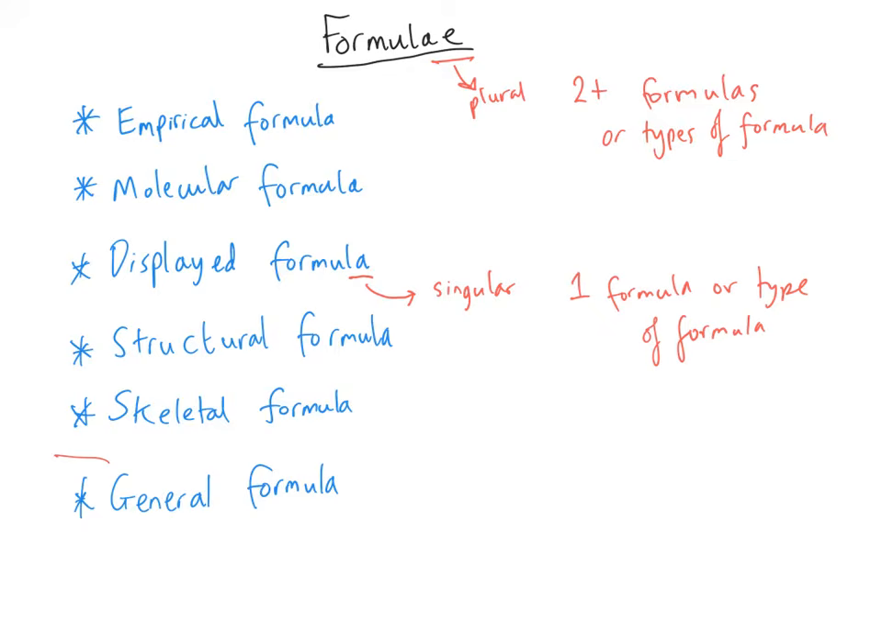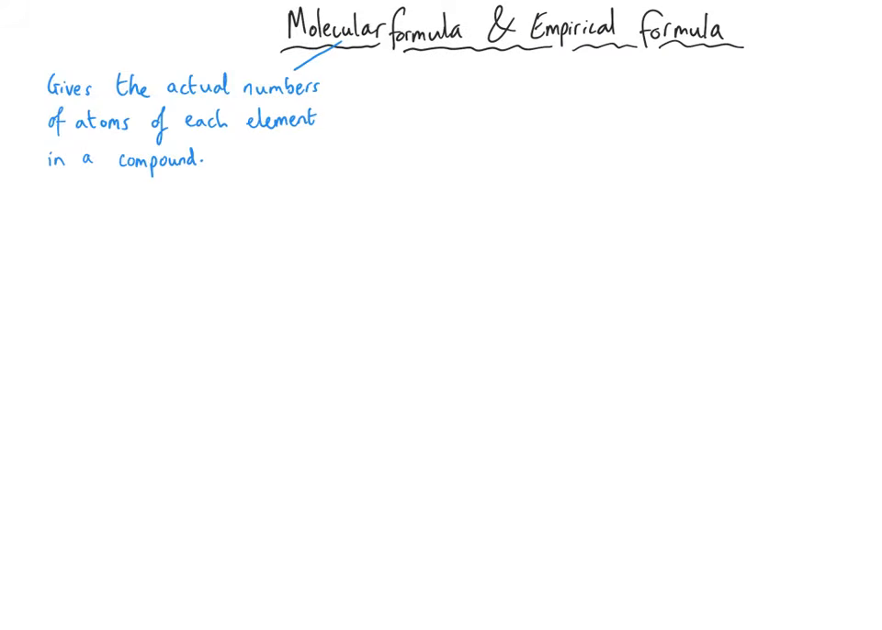And we'll have a look now in more detail about each one of these different types of formula. First up, we're going to take a look at molecular formula. Now molecular formula is probably what you're most familiar with because it gives the actual numbers of atoms of each element in a compound. For example, let's just write a few formulae. C6H12, that means there are 6 carbons and 12 hydrogens. C4H8, that means 4 carbon and 8 hydrogen. C2H6,